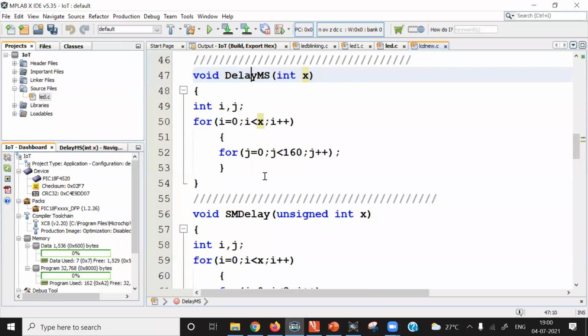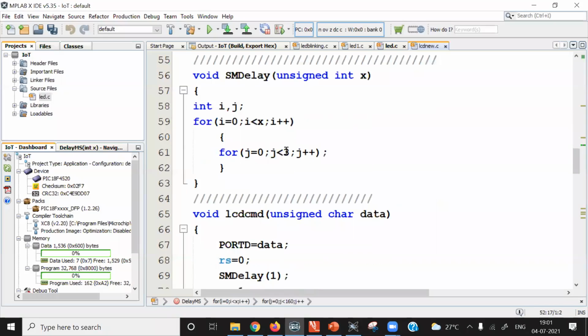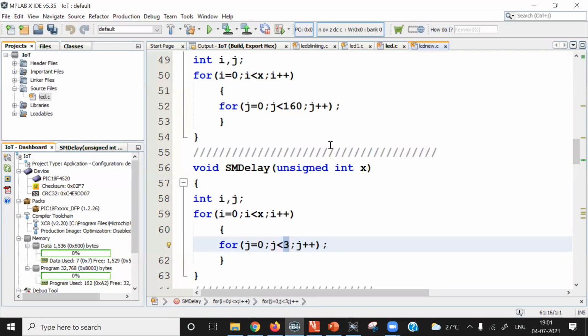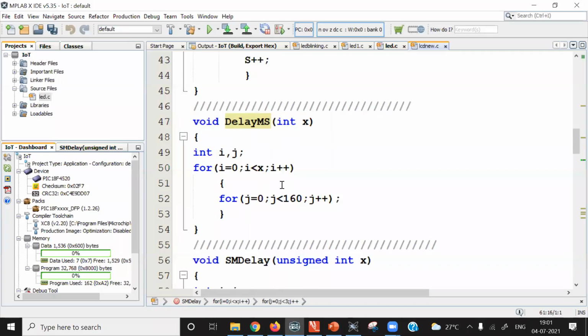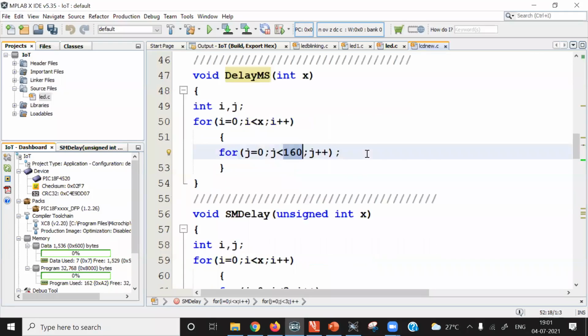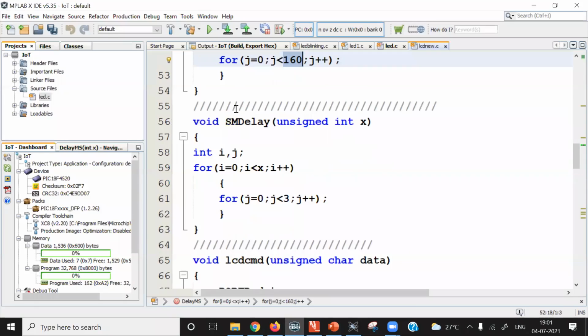If you compare this delay_ms and SM_delay, you will see the difference. In delay_ms, inside the second for loop, our conditional limit is 160, whereas in SM_delay, the conditional limit is 3. Therefore, in the delay_ms function, we get a larger delay because here the number is 160. And in SM_delay, the program is similar but differs here: this value is 3. So using the SM_delay function, we get a smaller time delay.